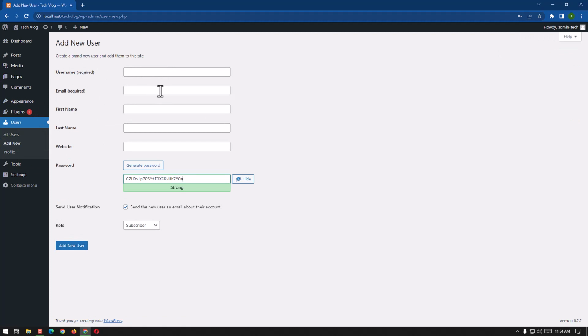put our email here, the name of the user and his last name and the web name, and we can generate any password, and we can see notifications. And from this point we can select the role of the other user. That could be a subscriber, contributor, author, editor, and administrator. Here we have the roles for the